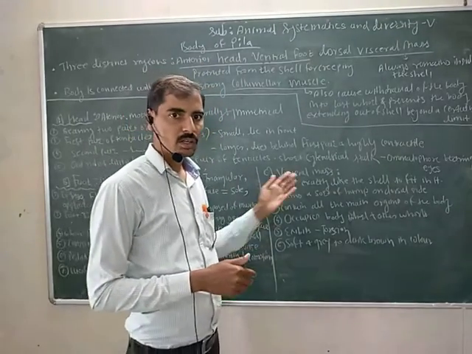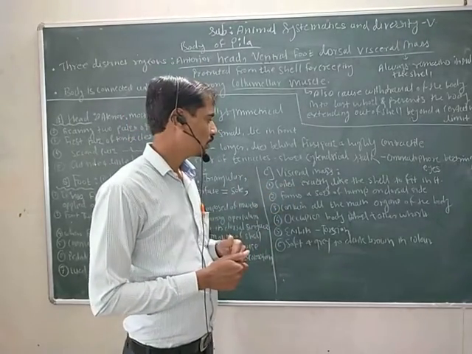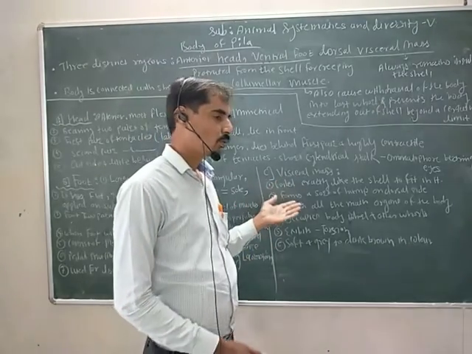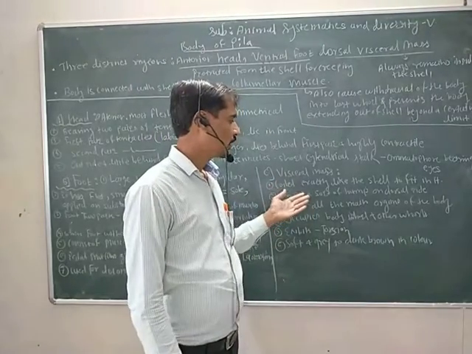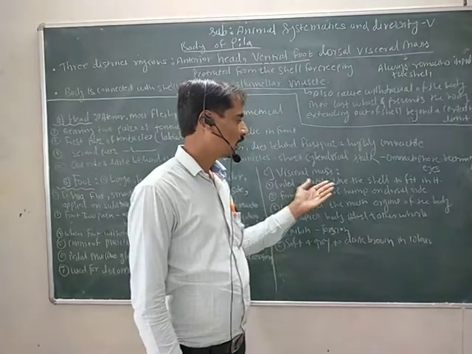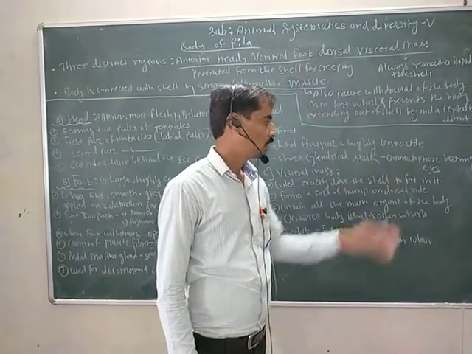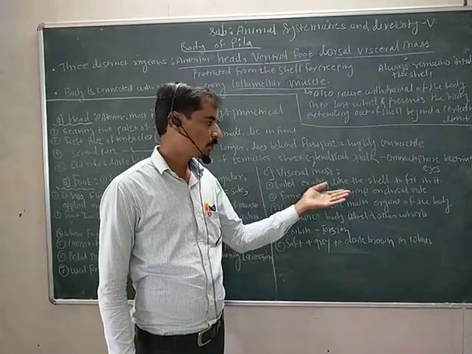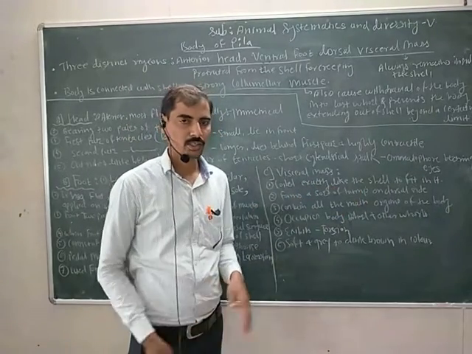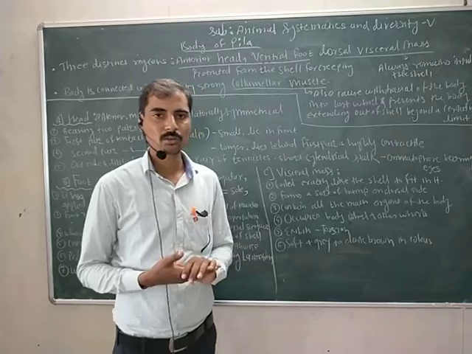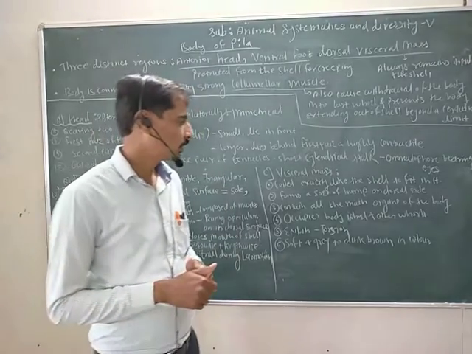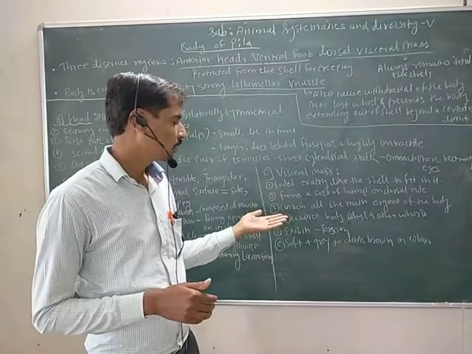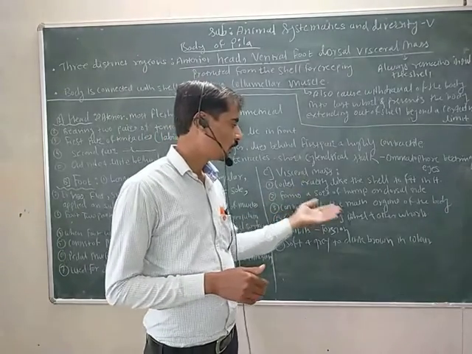The third important part of the Pila globosa is the visceral mass. The visceral mass of the Pila globosa is coiled exactly like the shell that contains it, and it forms a sort of hump on the dorsal side. If we see the body of the Pila globosa on the dorsal side, there is a hump-like structure. The visceral mass consists of